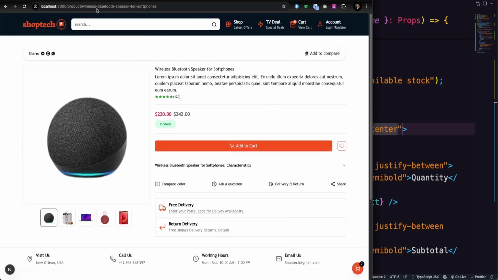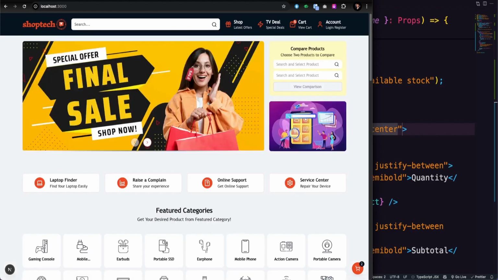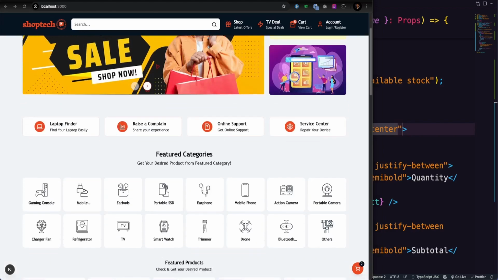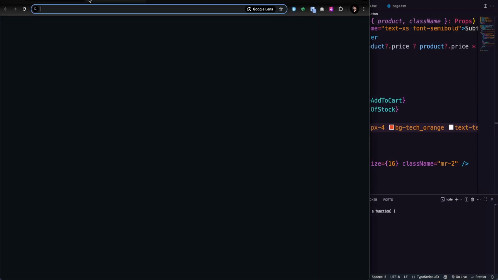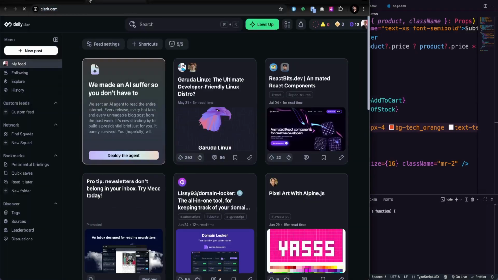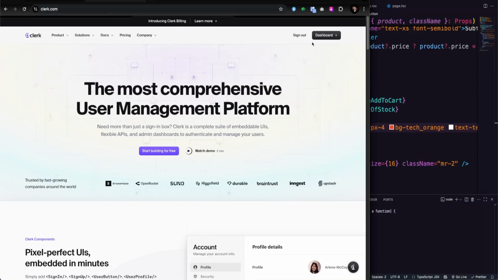So now you're having that entire segment done in the way you are looking forward to. Now we're going to set up our authentication using Clerk. So first of all, let's go back to clerk.com, and on that website you need to first, let's go